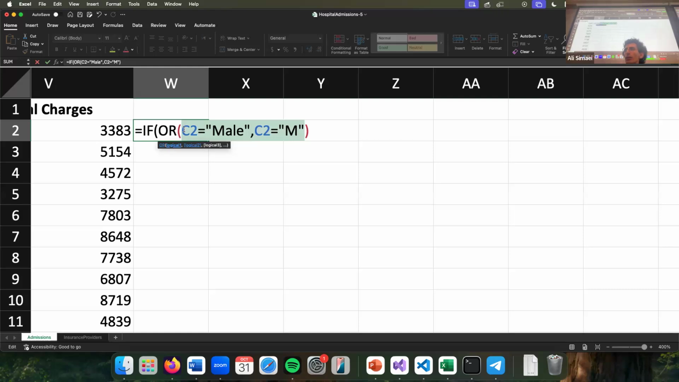If you have 5 conditions, the same way, you're saying either of these, then what should happen? That means adding a comma and specifying, if either of them is true, what we want to categorize it as or what we want to do with it. So we want to categorize it as male. Otherwise, meaning adding a comma, now, if,